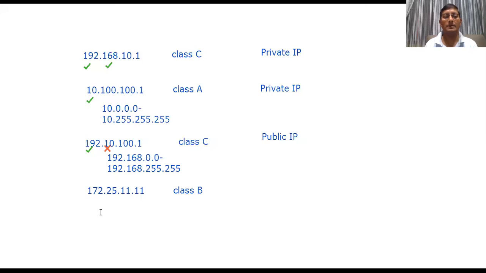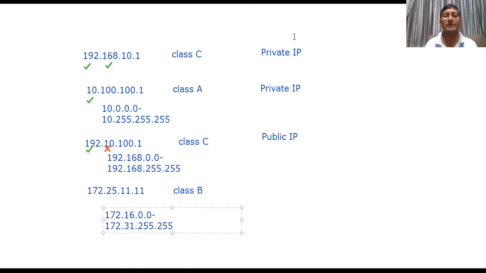To identify this again, initially you can try to practice like this. How I am typing, initially it is a little bit tough to remember the ranges. That's the reason if you practice like this, you can easily remember it. 172.16.0.0 to 172.31.255.255. It means the first octet is constant, the second octet is 16 to 31, the third octet is 0 to 255, and the fourth octet is 0 to 255.